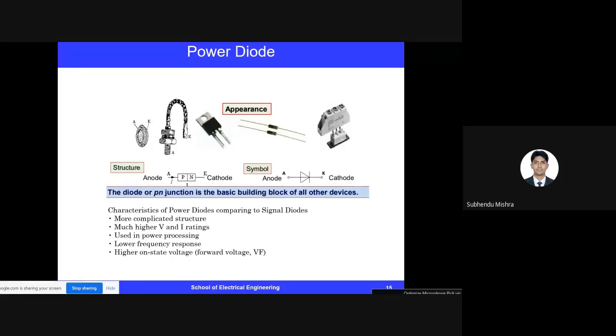So we will look into the characteristics of the diode and the difference between the power diode and the signal diode. As you can see over here, this is the anode, this is the cathode, and this particular kind of power diode can handle something like 4,000 amperes and 6,000 volts across it. And this kind of diode has limited capability, and further this is also limited. So there are various categories of diodes depending on their capability to handle voltage and the current.